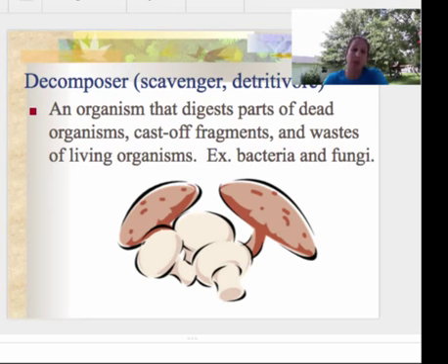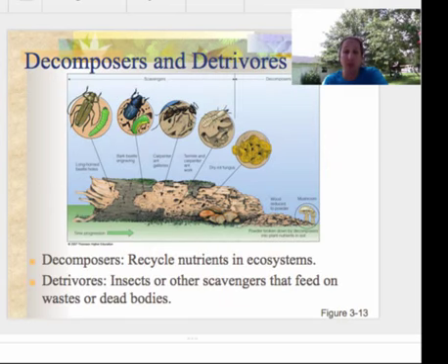And we also have something called a detritivore versus a scavenger. A scavenger is going to scavenge and eat that dead material, whereas detritivores, from detritus, that dead matter, are going to be the insects that feed on waste or dead bodies. A good example is what you see here on the screen. But another example that we don't think of is bed bugs, which everybody thinks are really, really gross, and to be honest, they are. But they feed off dead skin, so that would be considered a detritivore.